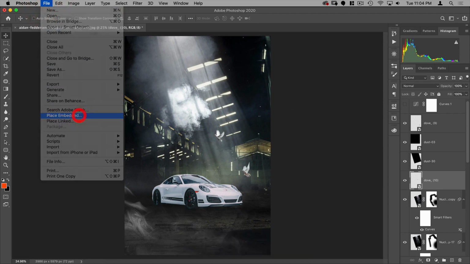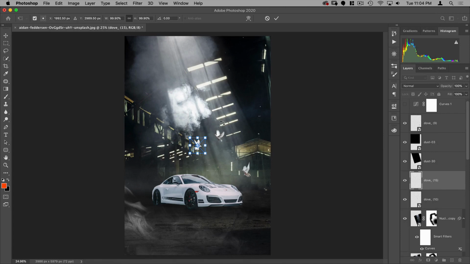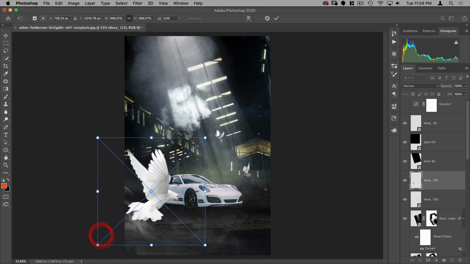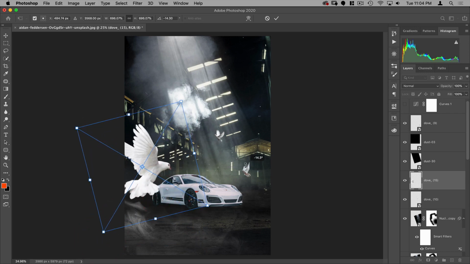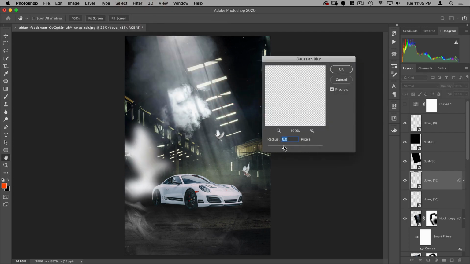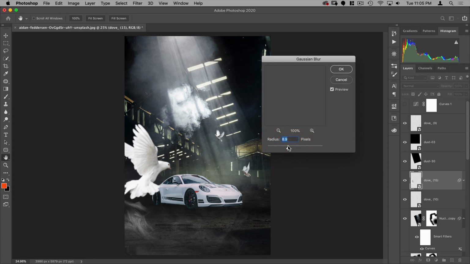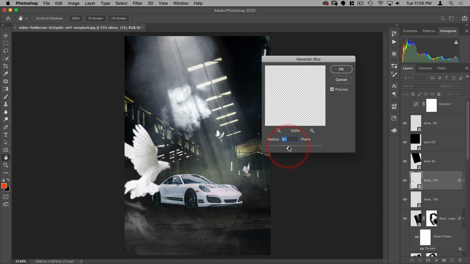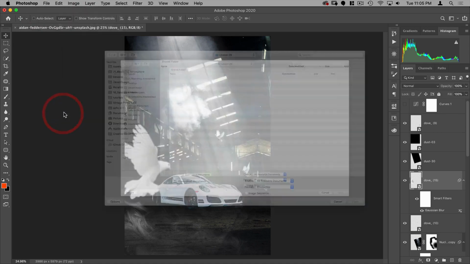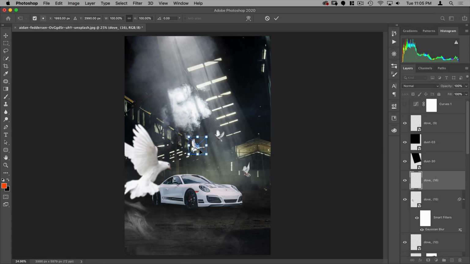All right, then File, Place Embedded again. We'll grab number 15. And this one, I'm going to make a foreground bird. So I'm going to put this guy right about here. It's kind of just flying into frame. And to make it look closer to us, I'm going to add a blur to it, so it looks like it's out of focus. Doesn't have to be a lot, just a little bit. So maybe around 10 pixels. Yeah, that looks good. And then we'll place our last one, just 16. And this one will be right about here.